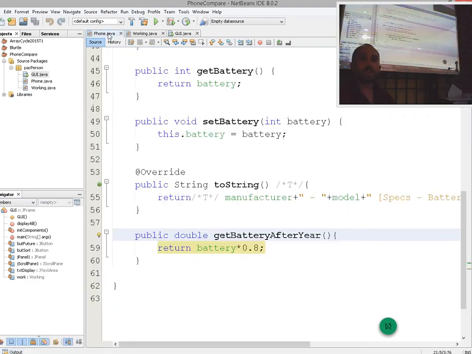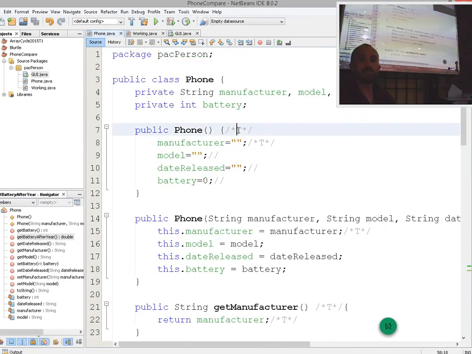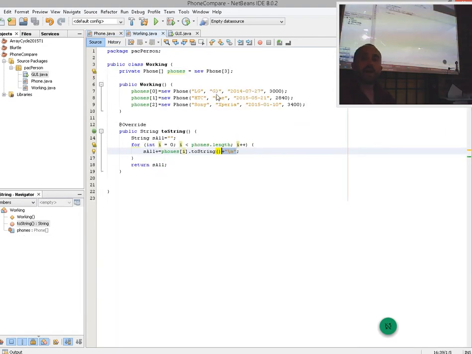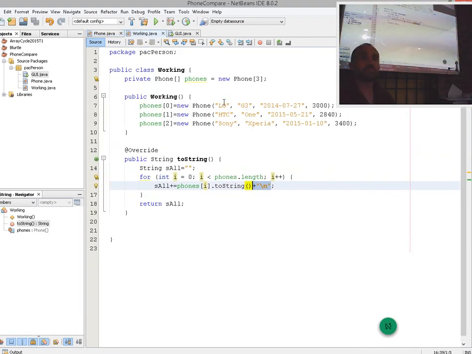I don't like a couple of things. One thing that I don't like: how many phones are we allowed to have? 3. I don't like that. How would we change it so we could have more phones? Make a list of these. You could make a list, but a list is something you don't deal with up until matric level. But I could make this size